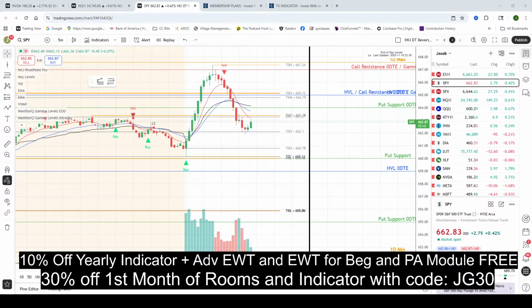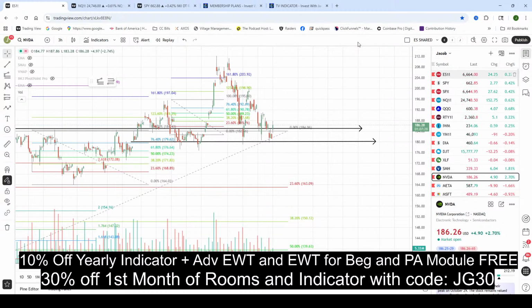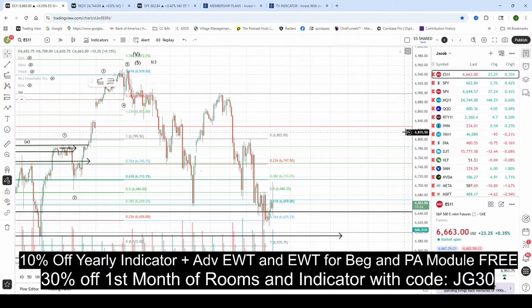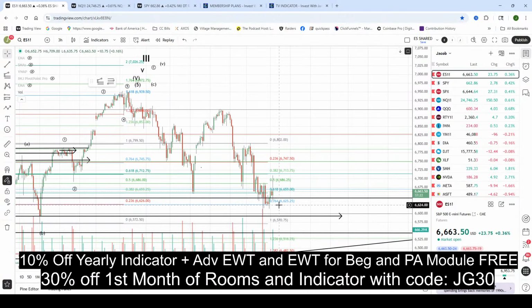But I work off of support and resistance. I'm not working off of a feeling that the market's going to go lower, or where are we at? We're not at a place. We've basically been at support. So let's go back over here and put this on ES. If you look, the market has built a shelf down here on the 3-hour chart at around 66.23. If they break that, then yeah, I think we're definitely on our way down to